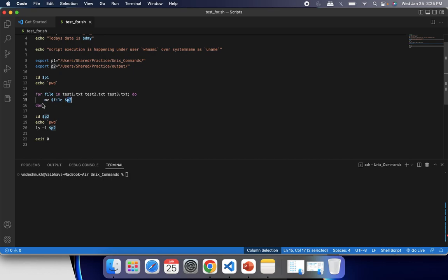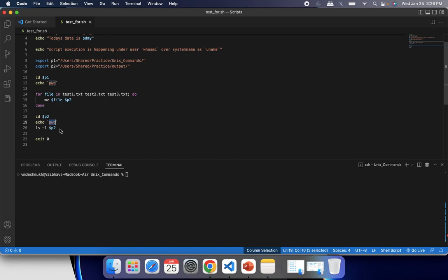of this for loop. Now of course, if we are executing this for loop and we are saying whatever files are there, of course as of now we are saying 3 files, move it to next path, $to $p2. Now how will you come to know whether files have really been moved or not? So to verify it, we are saying okay, change directory to $p2, then echo, so that you will get confirmation that okay, the script has changed the directory to $p2, and then do